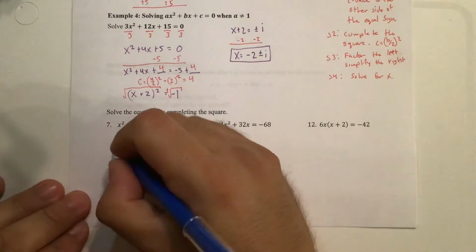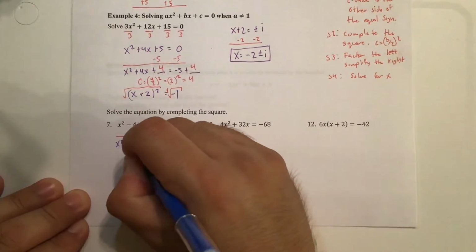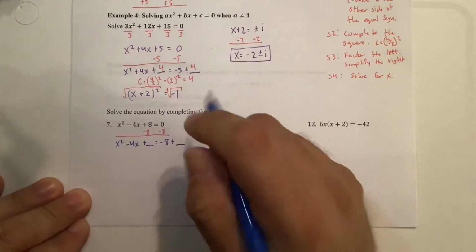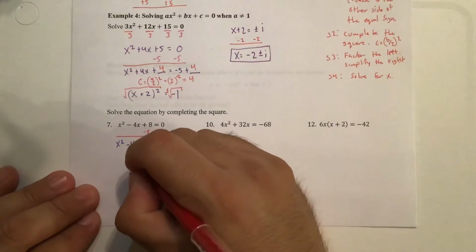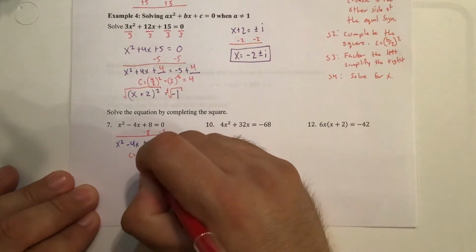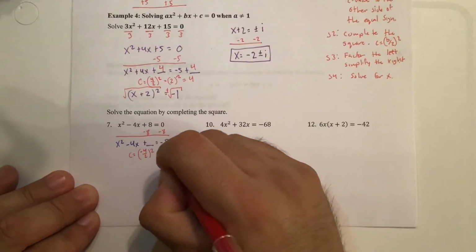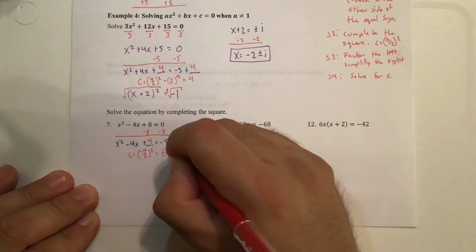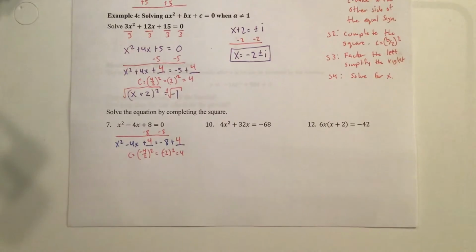That gives me x squared minus 4x. We're going to put the plus blanks. All right, we're going to complete the square. So b divided by 2 squared. So negative 2 squared, which is 4. So the 4 just goes in the blanks. From here, we're going to